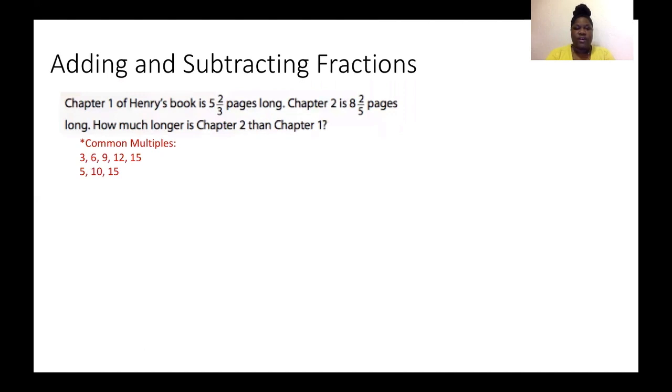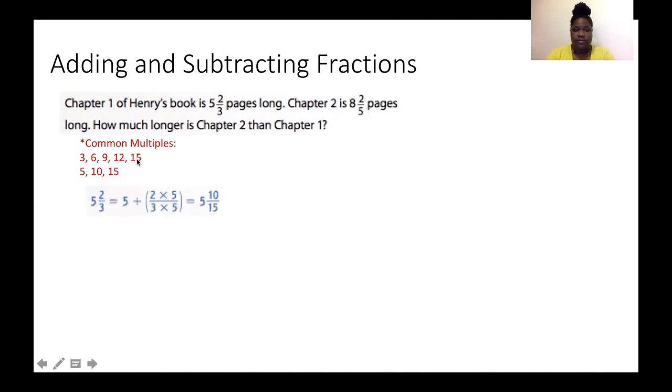The first thing I do is have to find a common multiple. I notice that my denominators are 3 and 5. So I skip count. 3, 6, 9, 12, 15. 5, 10, 15. Well, 15 is my least common multiple between the two, so my common denominator is going to